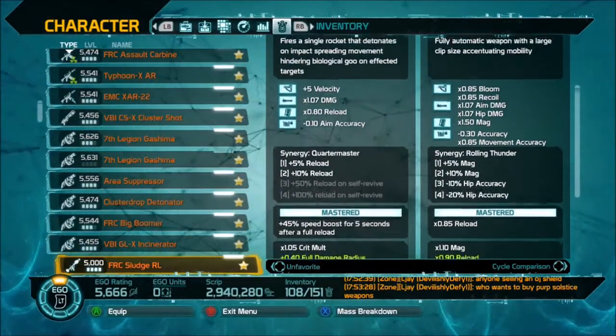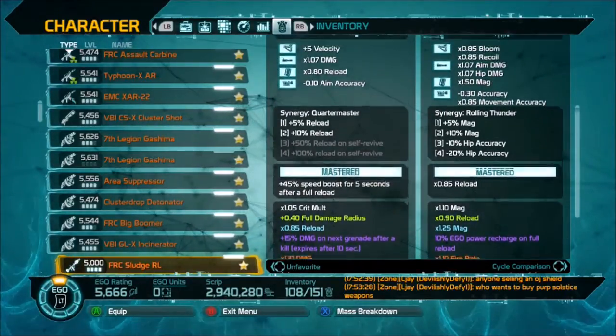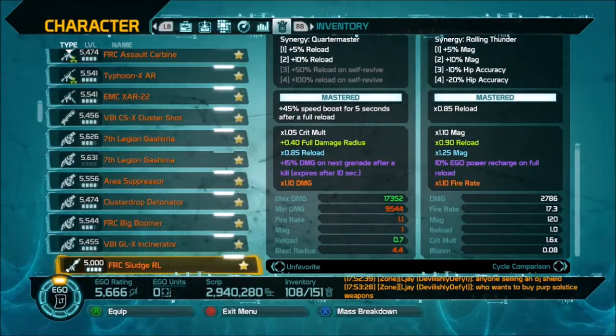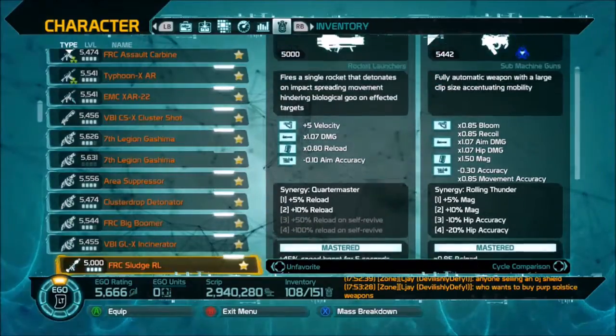Sludge, just to have a sludge. And you'll notice a lot of these have speed boost on them because I love speed boost. It's so much fun. But it was a pretty good sludge, so that's why I picked it up. Quartermaster for reload. The reload used to be a 0.1, but since they jacked up all the reloads, it's a 0.7 now. It used to reload at an incredible speed. So